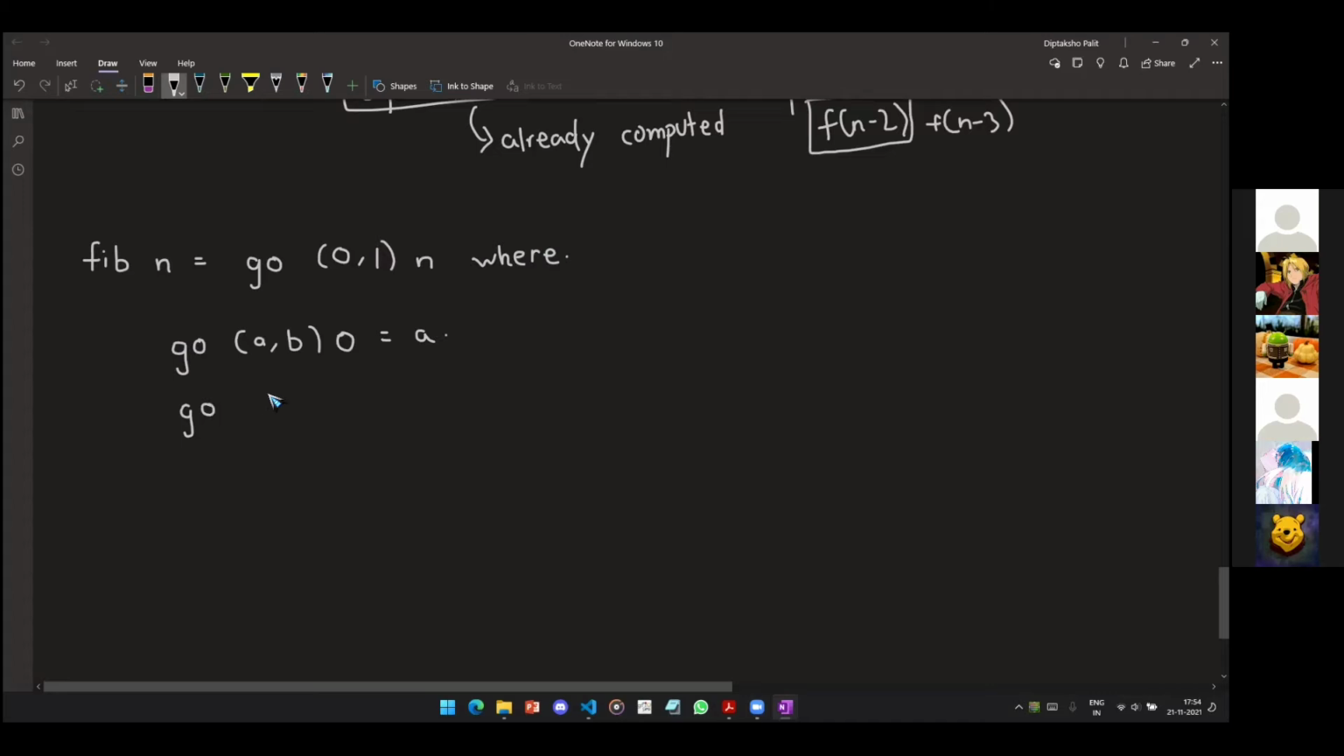Otherwise, go of a, b and n is equal to go of b, a plus b and n minus 1. So what we are trying to do here is,